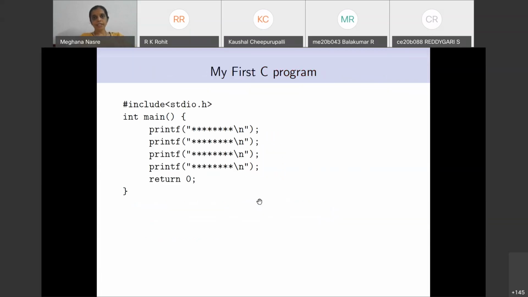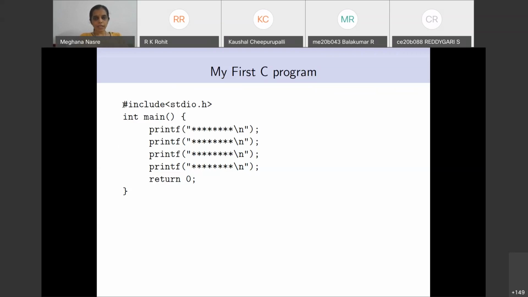Okay, so this is your first C program. Again, if you are seeing it for the first time, there are many new things. If you have already seen it, then you know some things, but we are going to dissect each and every line of it and understand it. So what is the difference between yesterday and today? Yesterday we said ignore these lines. Today we are not going to ignore these lines. We are going to give a description of them to some extent, to the extent that we can explain with the current knowledge that we have.